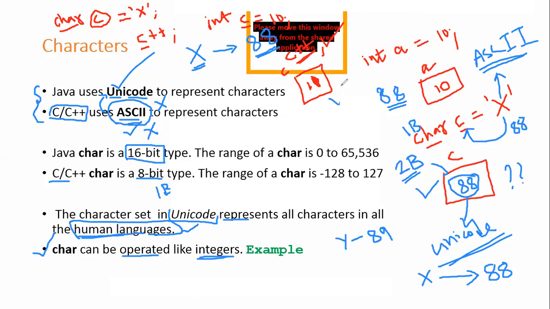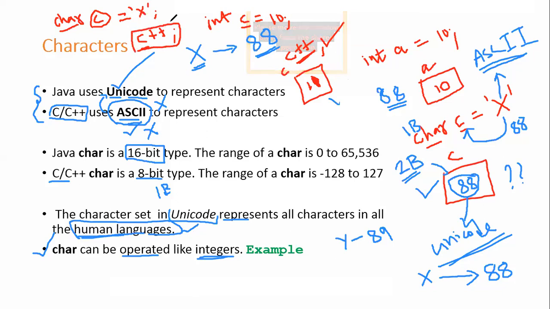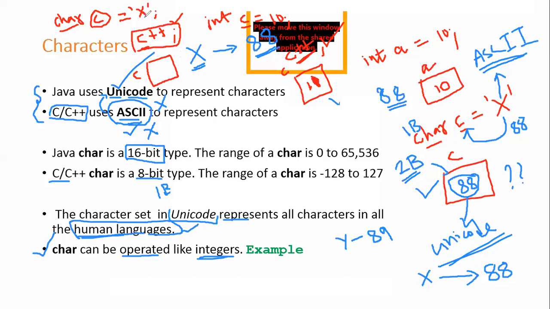Now the same thing you see for a character: I'm trying to perform some arithmetic operation. Is it possible to perform arithmetic operations on a character? Yes, it is possible. Why? Just now discussed. When I'm trying to store a character, let us assume I'm going to allocate memory for this C. I'm not storing X, but the corresponding Unicode value. Let us assume the Unicode value of X is 88.